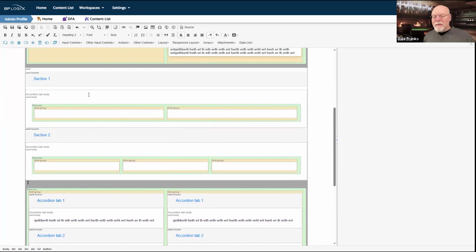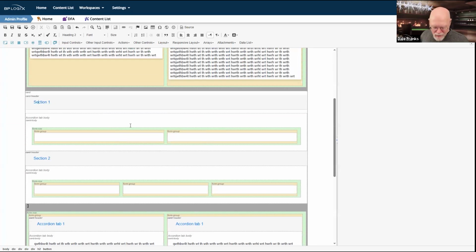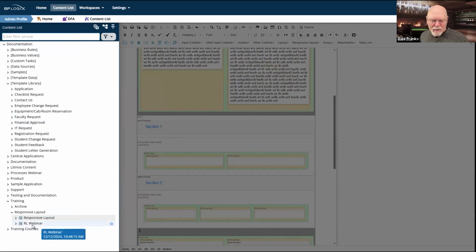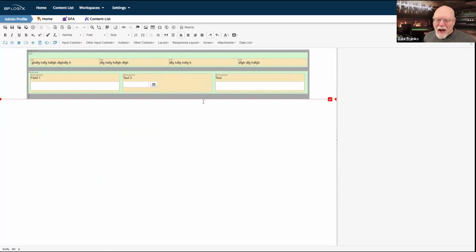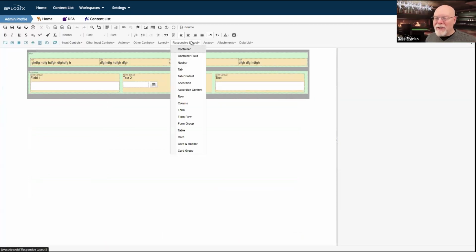One of the reasons why it gets a little confusing is that there is a main control called a card in Bootstrap, and that card has some subtypes, the accordion group. So I get them confused as to which one is which. We can go back to my other form. We can insert them and see which is which, and we should probably do that because I want to actually replicate what it was that I did here. As you can tell, I don't use these controls very often myself.